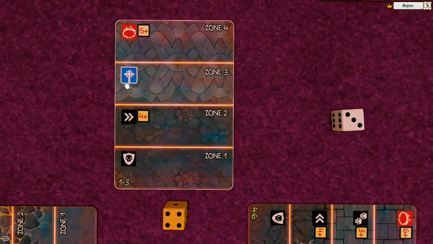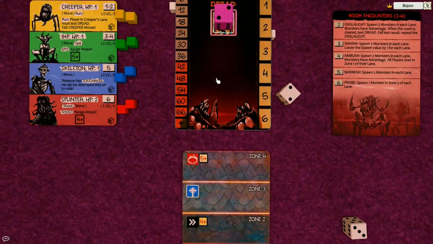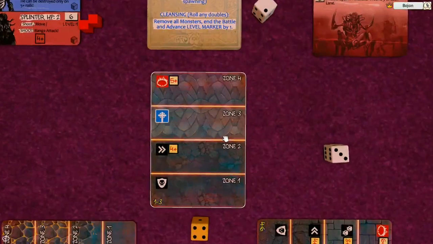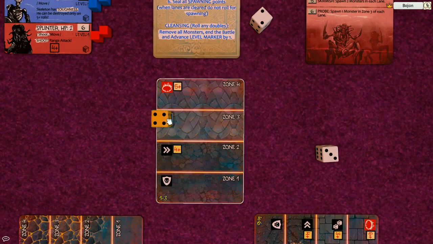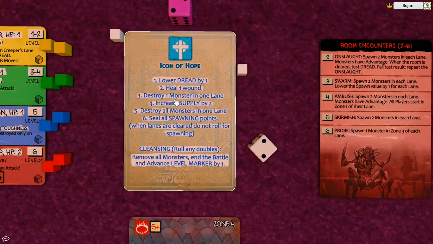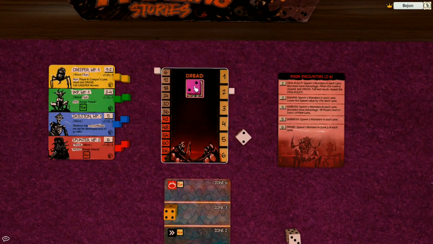Now before I spawn the monster, let me explain each of these icons and how they work. We have one icon that is called the holy symbol. If you flip this red card, on the other side we have an icon of hope. Once you get to zone 3, you can use an action to place your little character on the icon of hope to activate it. When you do this, you roll for it, and you get some really good bonuses. I can lower dread, heal wounds, destroy a monster, and so on. So that's one thing I want to do